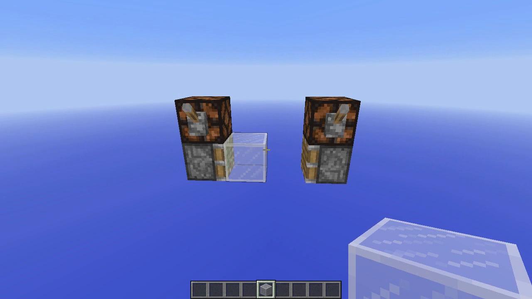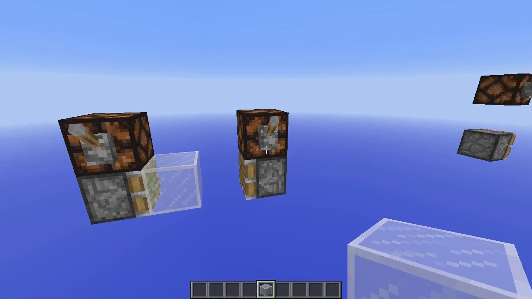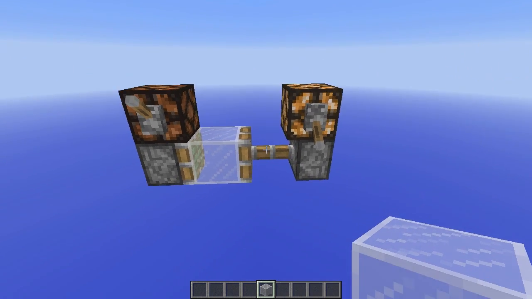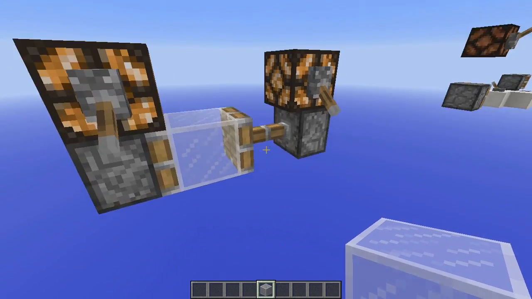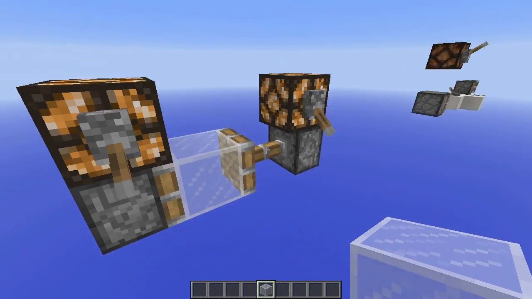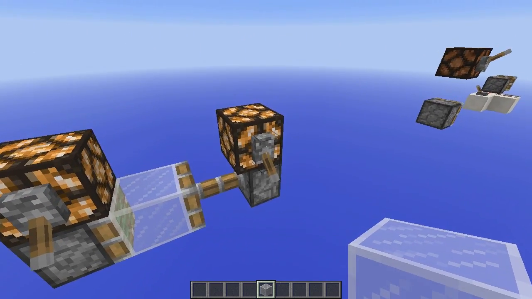Now this one is quite interesting as well. If you just try and extend this piston, it works just fine. But if we extend this one first and then try and extend it, it can't push it, because extended pistons cannot be pushed by other pistons. And then if we retract this one,